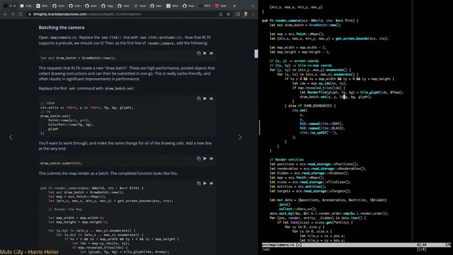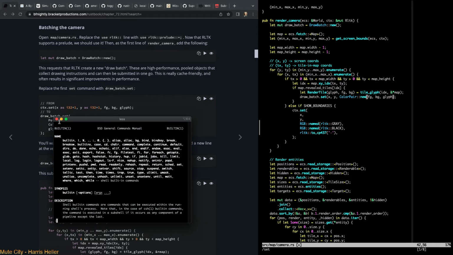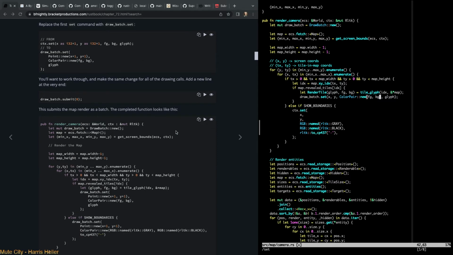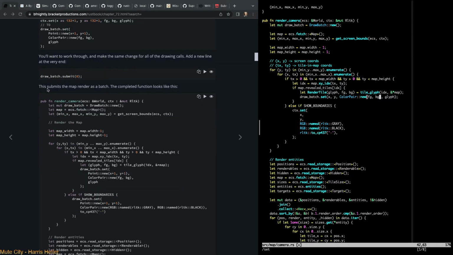And now we say color pair new foreground background. Like that. You'll want to work through and make the same change for all the drawing calls. Add a new line at the very end, draw batch dot submit 0. All right, so every set